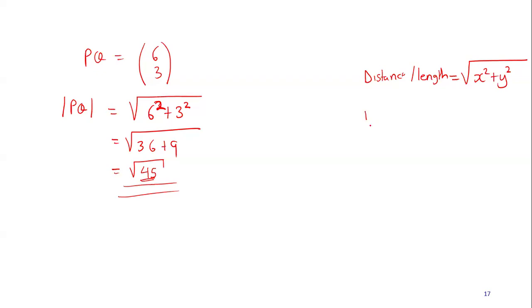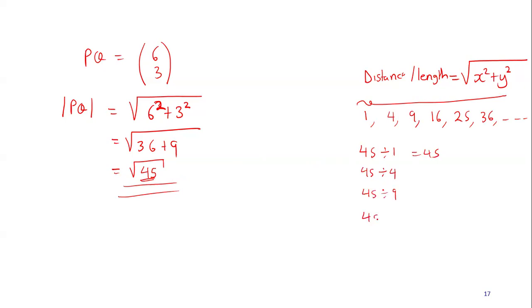So you know you have 1, you have 4, you have 9, you have 16, you have 25, you have 36, and so on. Now you ask yourself, what you do always, you get these perfect squares here. You keep dividing them by that digit. Let me say you say 45 divided by 1, which is 45. Then you say 45 divided by 4, 45 divided by 9, 45 divided by 16, and so on, until you come up with one that doesn't give you a point.